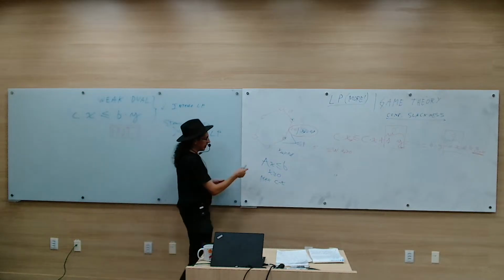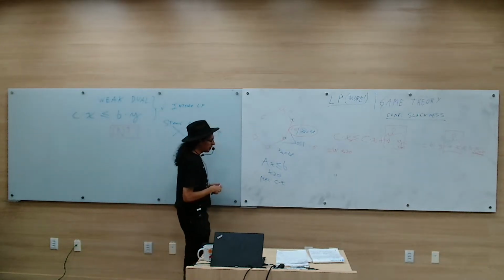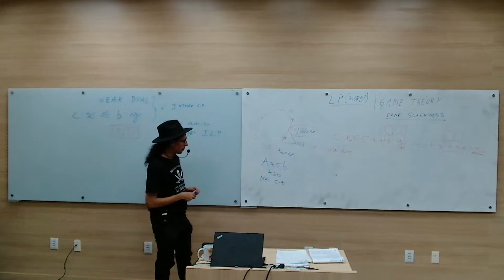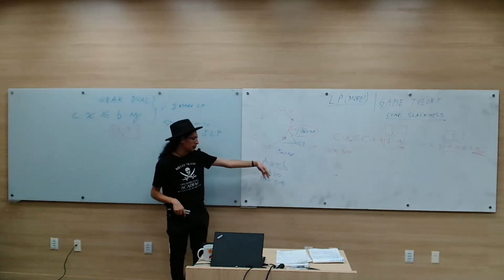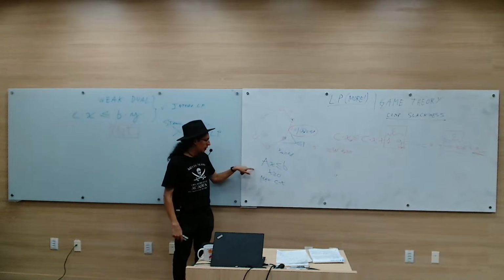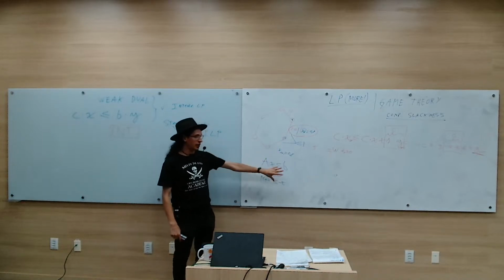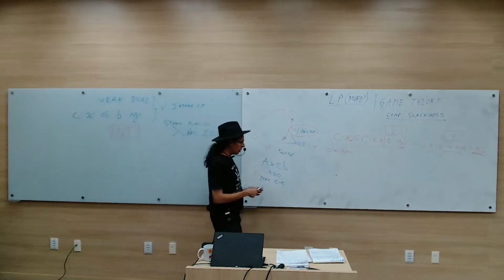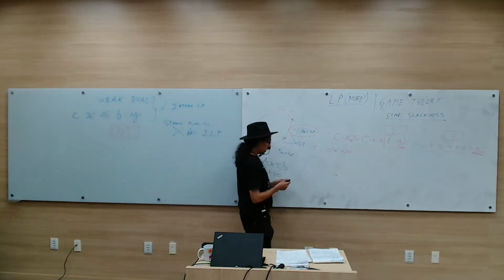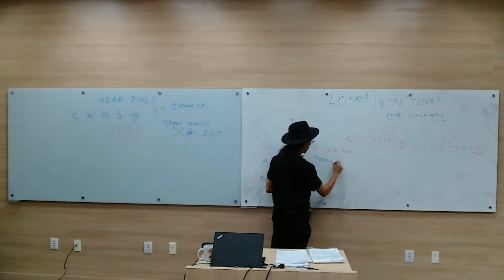Well, if the matrix A has certain nice properties, then I am guaranteed that for any B and any C that I choose, as long as they are integer, there will be an optimal solution in the integers. So the problem remains integer. The condition on the matrix is that it is what is called unimodular,